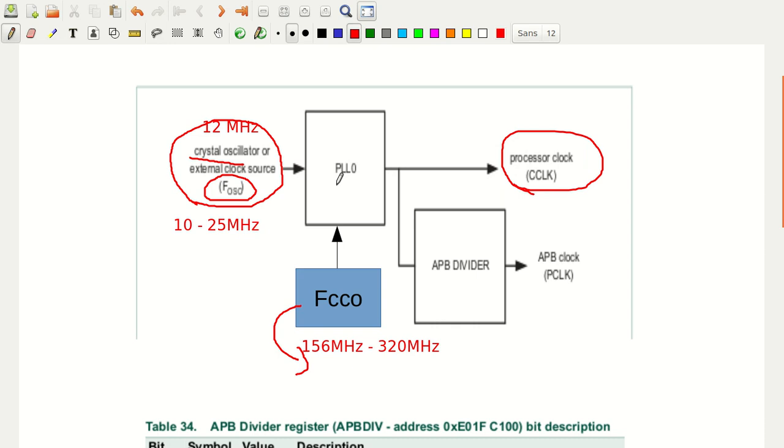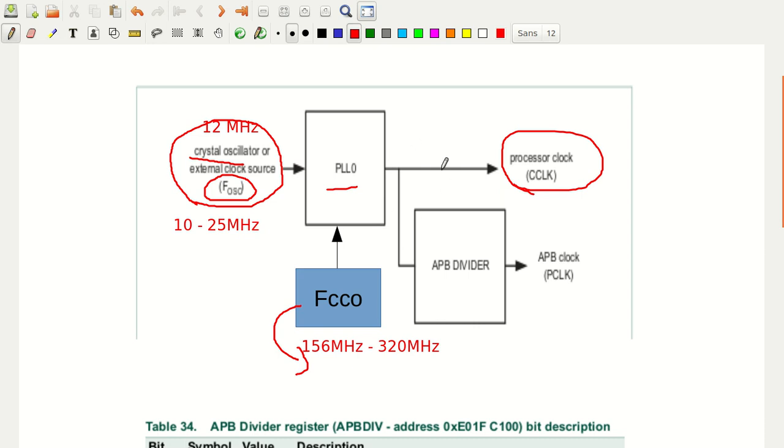Of course this is the PLL. There are two PLLs in the LPC1768 microcontroller, PLL0 and PLL1. PLL0 we basically use for the processor clock. If we need the USB clock, then we use PLL1. So we are sufficient with PLL0. So we just use one PLL of the microcontroller, that is PLL0. PLL is phase locked loop. We will not worry about the locking range or the capture range and all those things. We just have to see how to configure the registers.